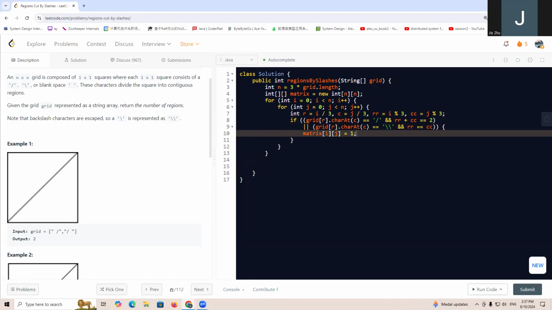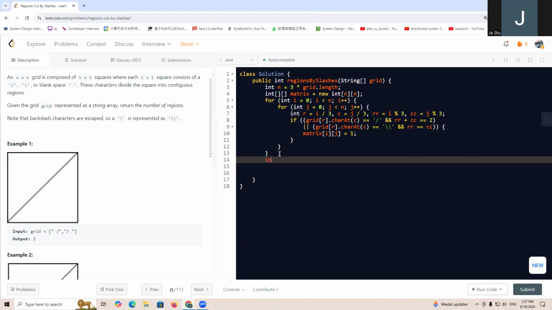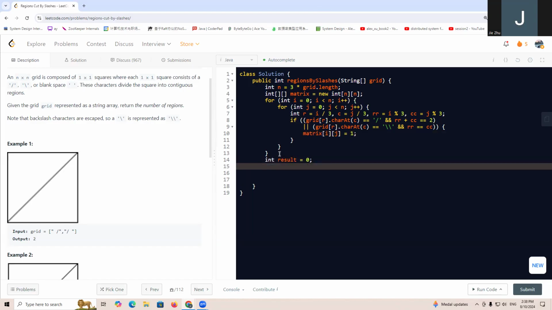So our question will become number of islands. We're going to have int result equals to 0. So we're going to have a queue, int queue equals new array. Yeah, we can use a hash set, but